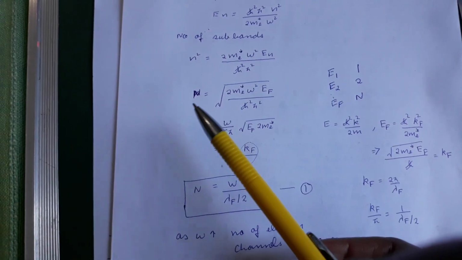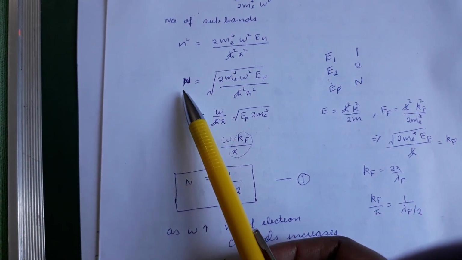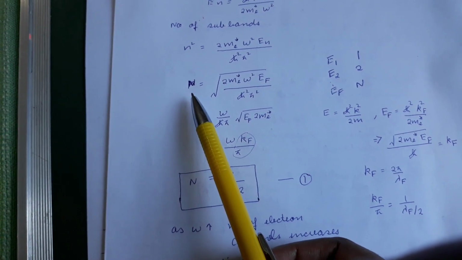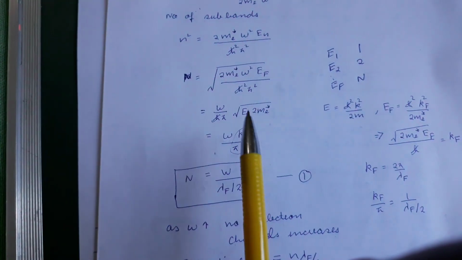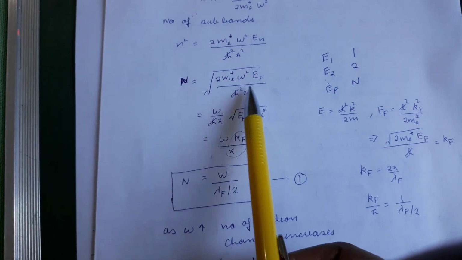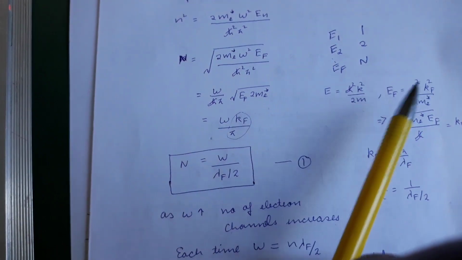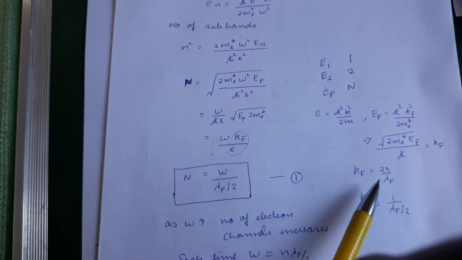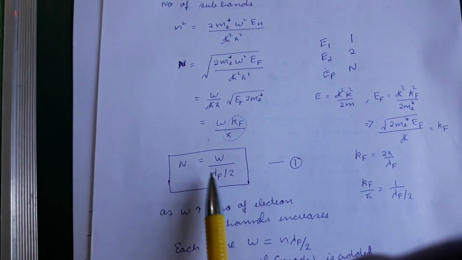So the total number of modes or states, because we can also call it modes, because it will be like a standing wave kind of situation. So the number of modes possible will be given by capital N. Here we can take W upon h bar pi outside and replace 2mEF by this relation, which will be given by 2 pi upon k, that is 2 pi upon lambda F. We can replace it here, and this is what you get.